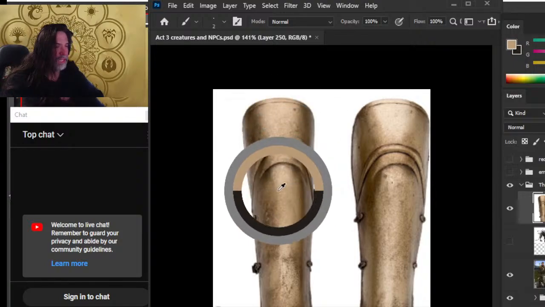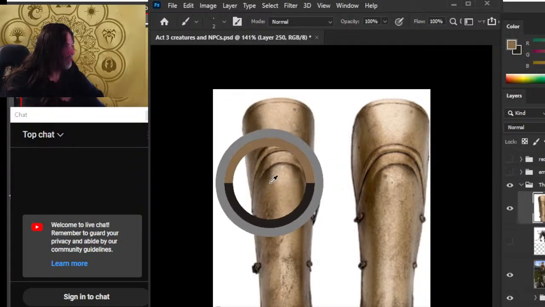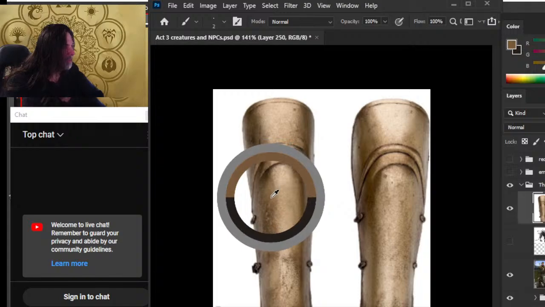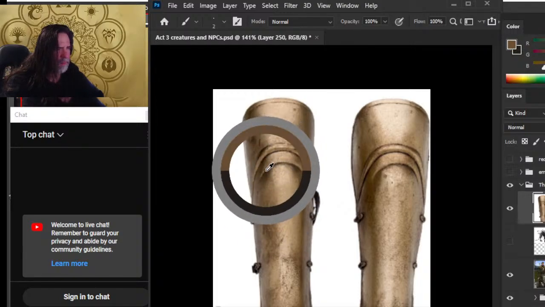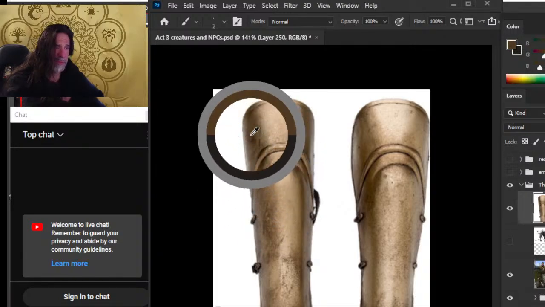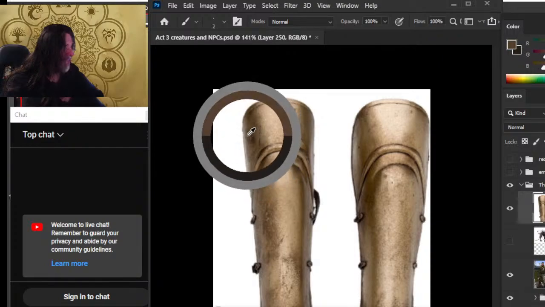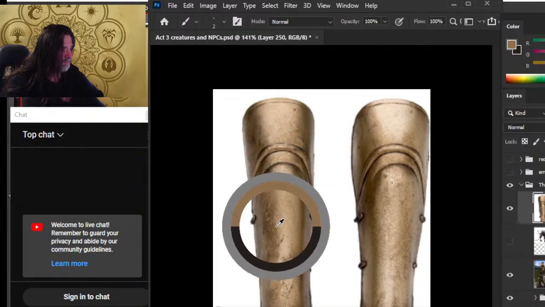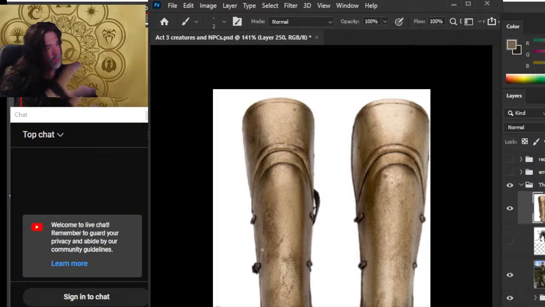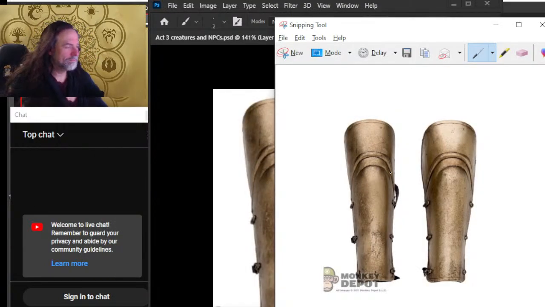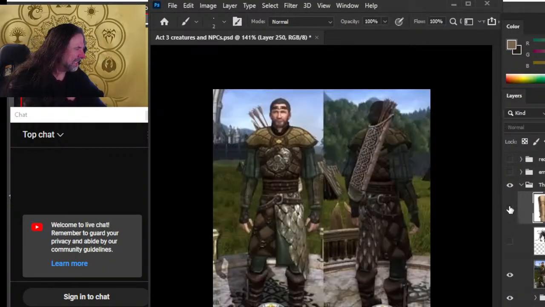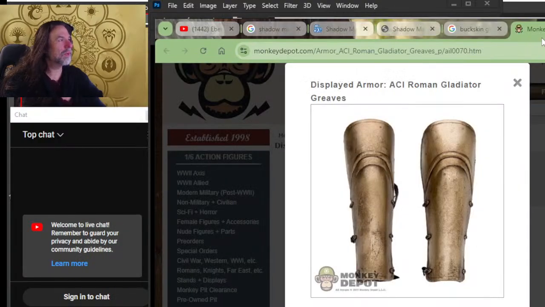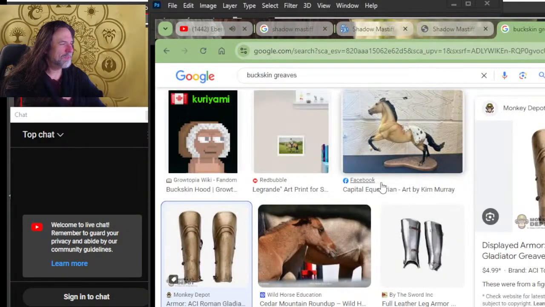There we go. It's reddish, so it's probably like a dirty steel. No, steel's generally blue. This might be like a bronze. That sounds about right for Romans, right? Bronze metal, I think they had. So it doesn't feel wrong. I kind of like that. I'm going to save that on the side in case I want it, but it's not what I want. So let's bail out of that.